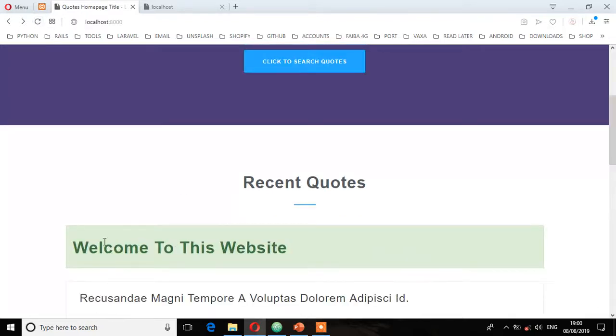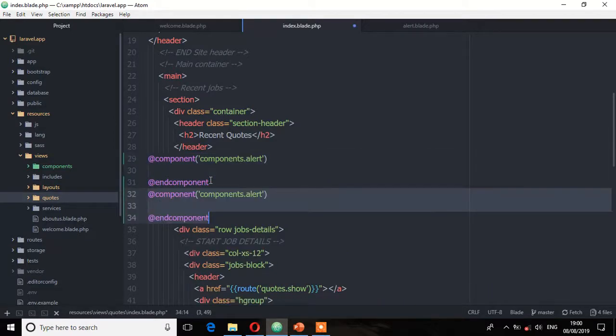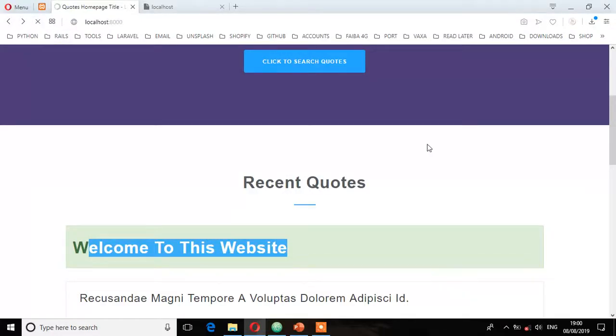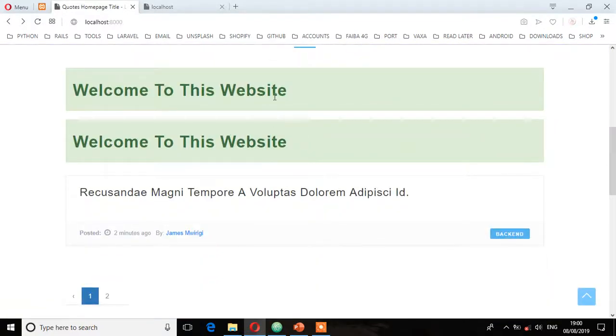And as you can see, we have this welcome to this website. So this is an alert. Let's duplicate this, so we have two components in one page. Let's see. Refresh. Now we have two components, same content in the same page. So we are going now to see how slots come in, because the slot contains the variable with the content you wish to inject into the component,